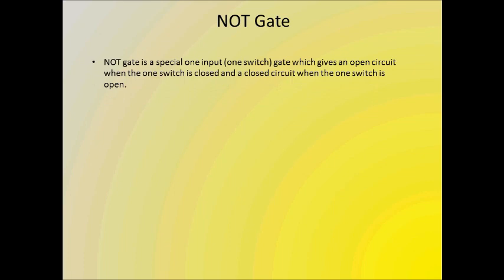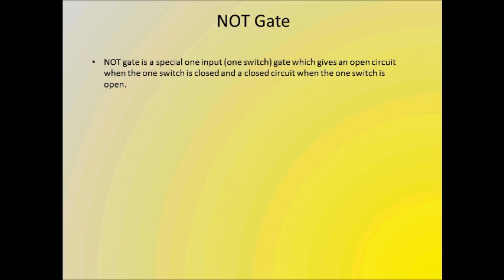Okay, now we come to the third fundamental logic gate, which is the NOT gate. And it is a special one input logic gate, unlike the OR and the AND gates, which had 2 inputs each. So the NOT gate has only 1 input and 1 output. Now the special property of a NOT gate is that it does whatever is not told of it. It is so named. So what this means is that if we have an open circuit with a NOT gate in it, the NOT gate will make it a closed circuit. And if we have a closed circuit with a NOT gate, it will make it an open circuit. So it will basically close an open switch and open a closed switch. It will not do what it's told.